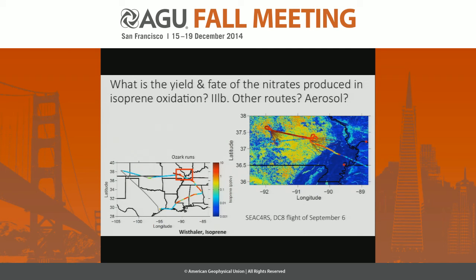So now let's turn to ask how well can we put this all together. Here are data that were obtained during SEAC4RS. The flight I'm going to focus on is September 6th, where we flew back and forth across the Ozarks. Armin Wisthaler measured isoprene, shown in colors here. This is this really hot zone. Some call it the isoprene volcano. I don't know if Daniel Jacob made up that name, but this is a very hot spot for isoprene chemistry.